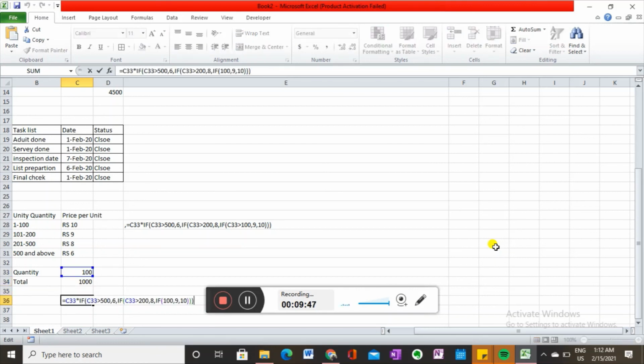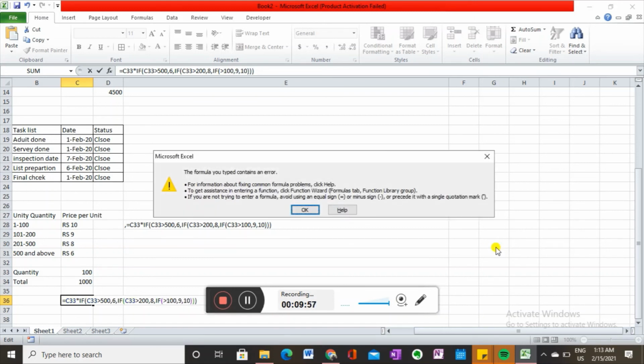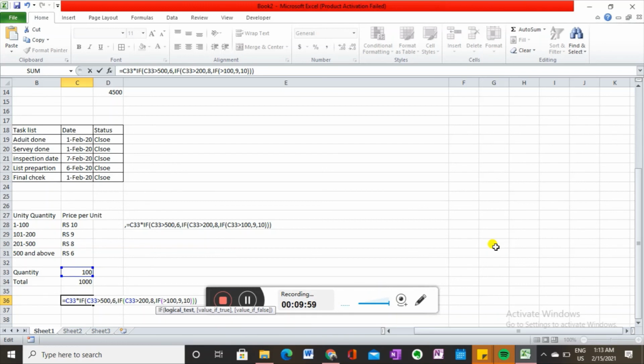Why is it showing 9? Greater than, sorry, we have to do it like this. It is working fine now.